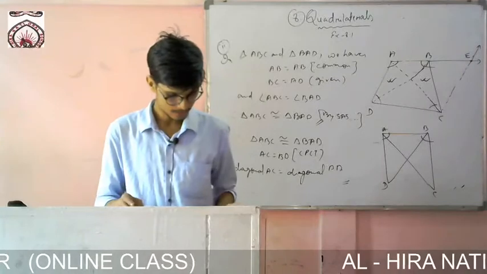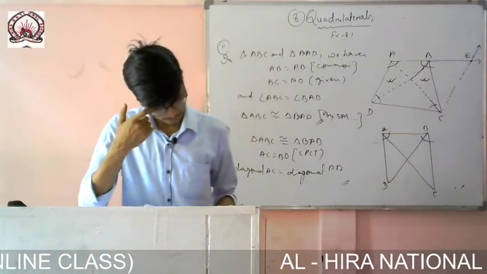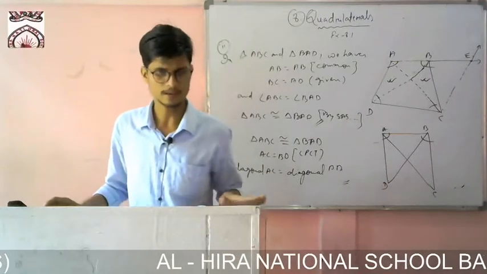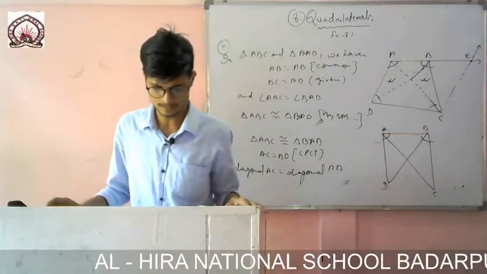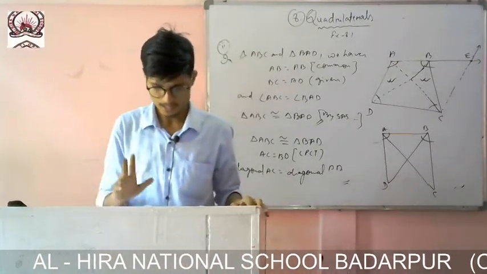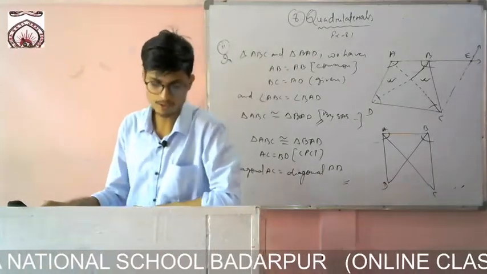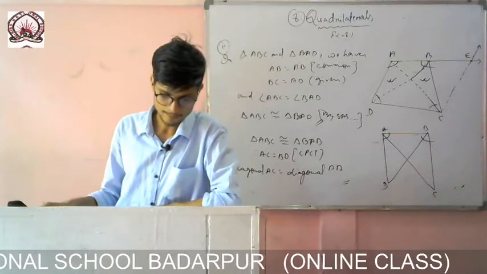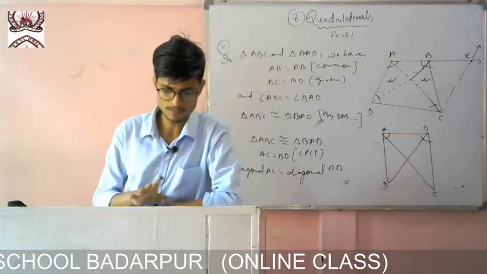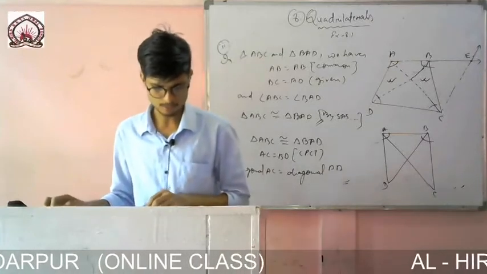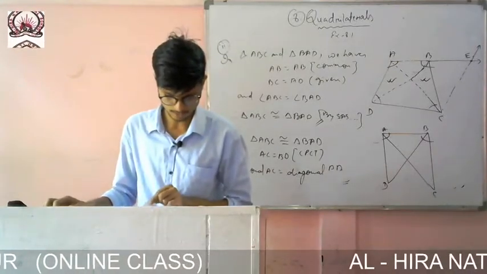Example number 1, to show that each angle of a rectangle is a right angle. You just see here it is done very nicely. You have to relate the things. In this rectangle one angle is given as 90 degrees, and you have to show that the others are also 90. You just relate it to how it is given, and you will understand it. Example number 2 is also very easy. So many sums we have done like this. You have to show this one.